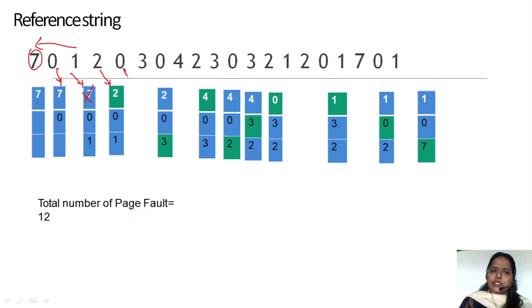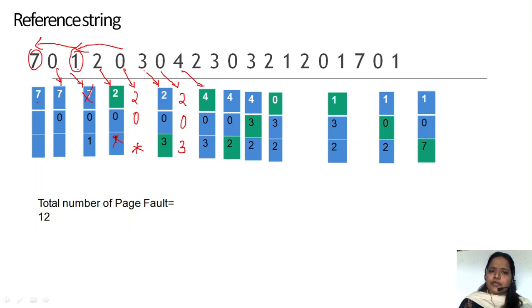And 0, in the sense 0 is already there, we need not do anything, 2 0 1. Next I have to replace 3, in the sense we have to check the past 3, that means 0 2 1, so first place. So first place we are taking and we are keeping 3. Now 0, in the sense 0 is already there, we need not do anything, 2 0 3, it is called already there, in the sense it is a page hit.